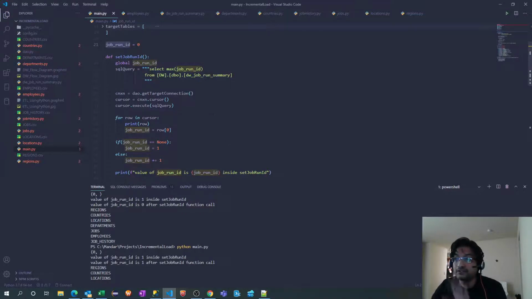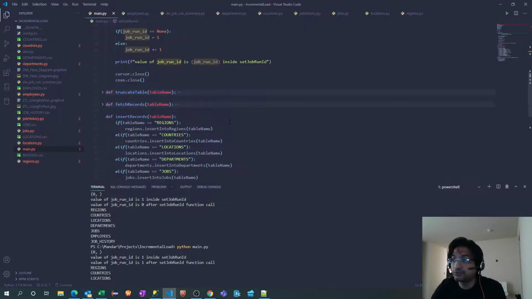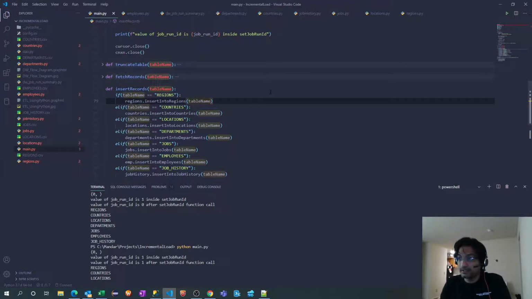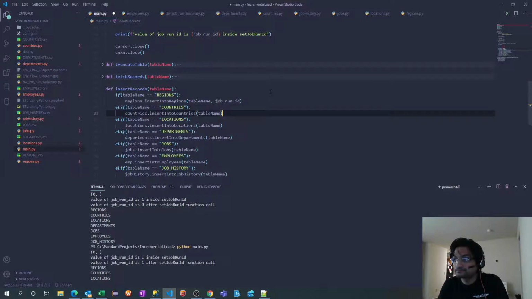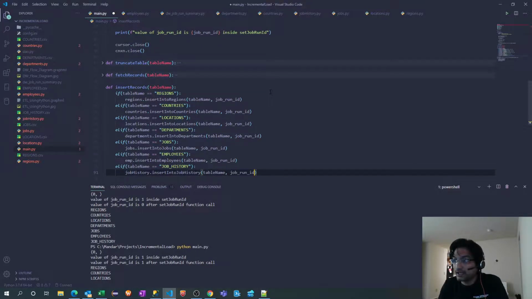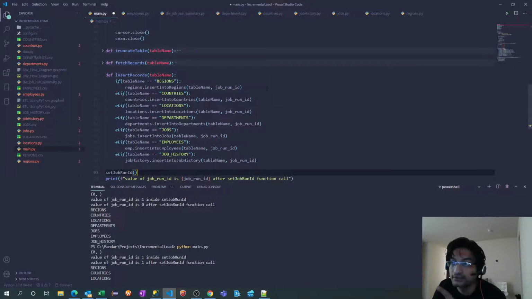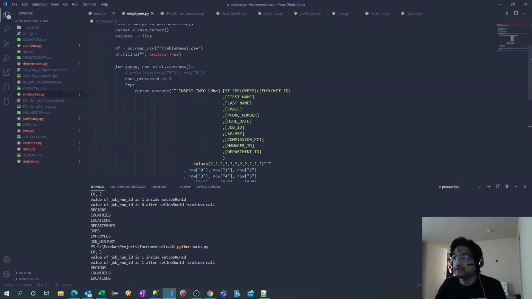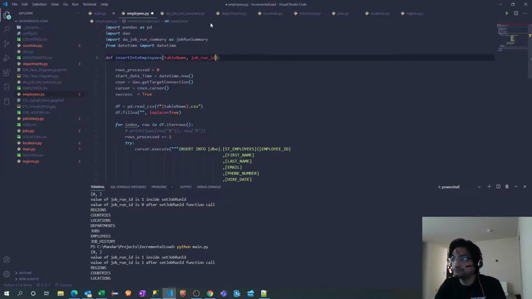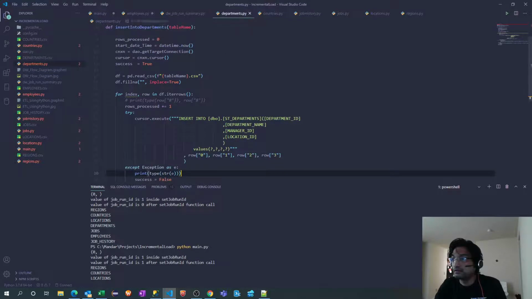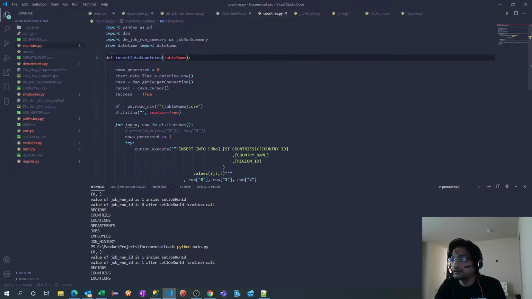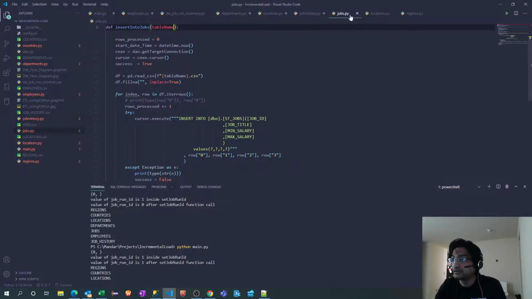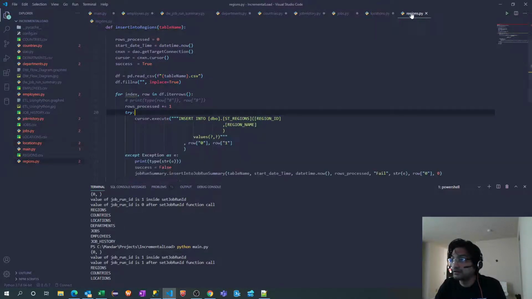Now all these things are ready. The only thing pending is to pass this global variable here. And since we are passing an extra variable, we need to change the function definition as well. So let's go back here and add it. Perfect.